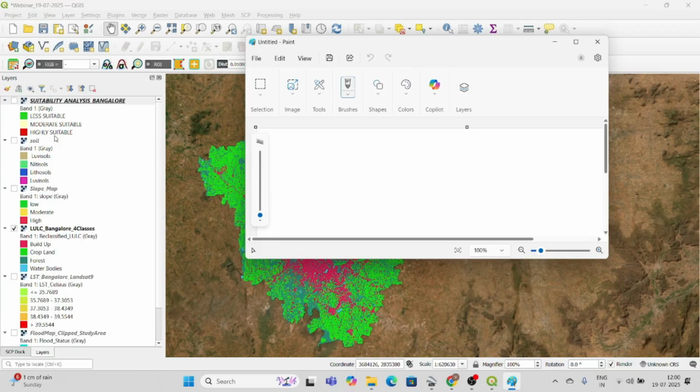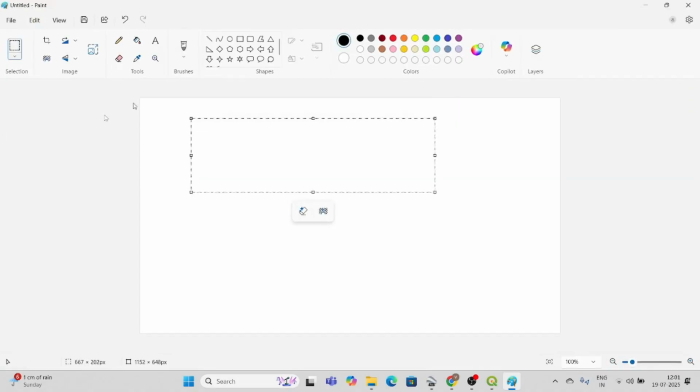The factors you have to give are up to your priority. Don't think that because she had done it like this, I will also follow the same method. No. For each and every project it has to be different, so the priorities will be different, the factors will be different, and the weightage will be different. But the method is the same, so it's an easy way you can analyze and show them. Now I will give you just a tip.